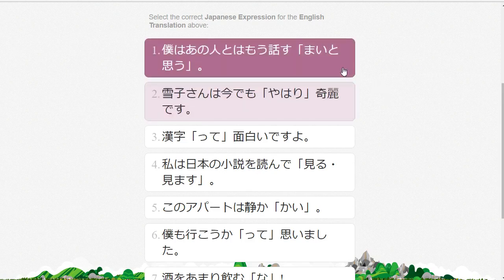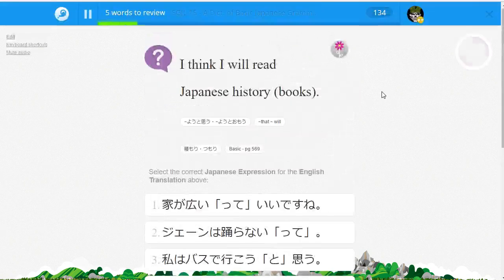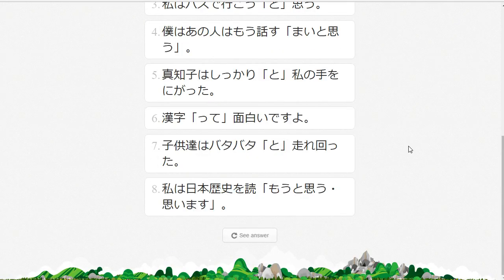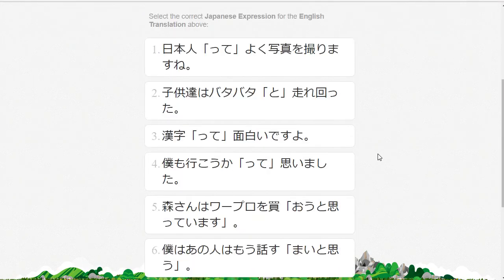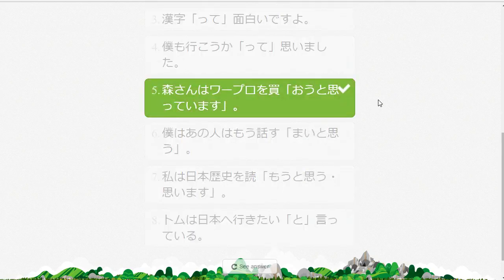僕はあの人とはもう話すまいと思う。私は日本語歴史の本を読もうと思う。私は日本歴史を読もうと思います。私は日本歴史を読もうと思う。森さんはワープロを買おうと思っている。It has to be 思っている。森さんはワープロを買おうと思っています。